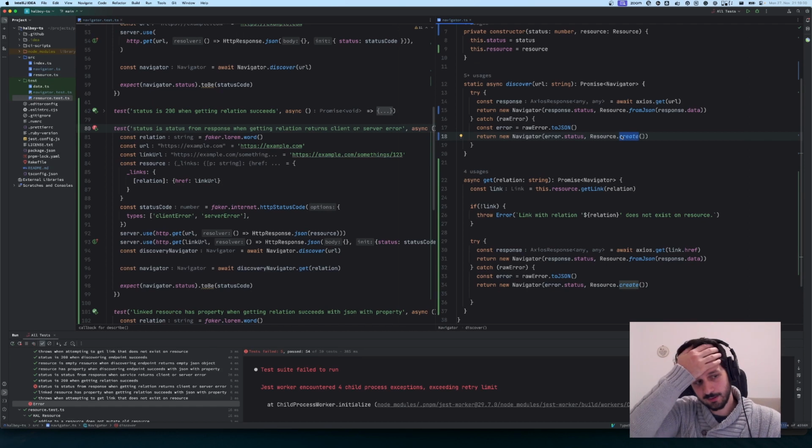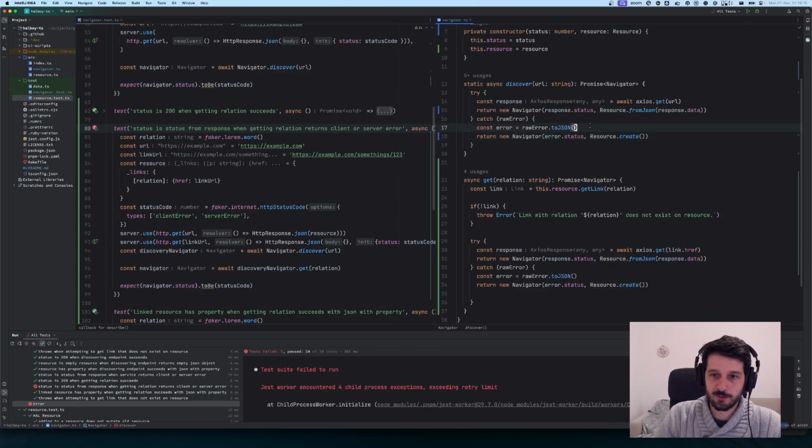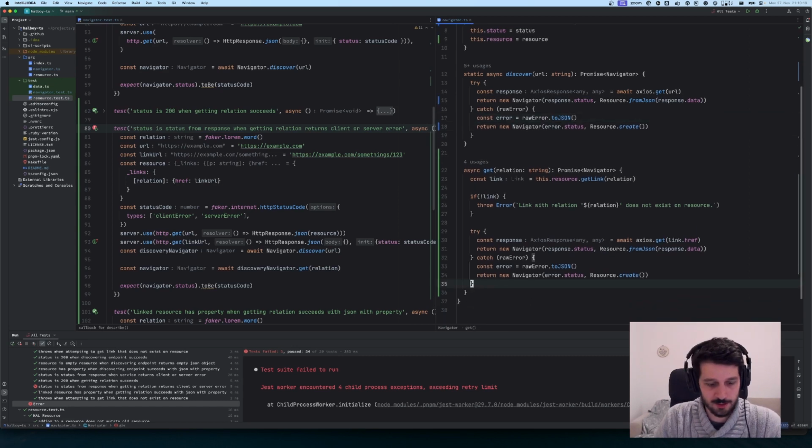We actually want HAL APIs to return a HAL object also on errors. So we actually want to parse the data of the error at some point too. So we need to add a cheeky little to do here. Love me a to do, but we're gonna deal with it later. So first we're gonna make this pass,